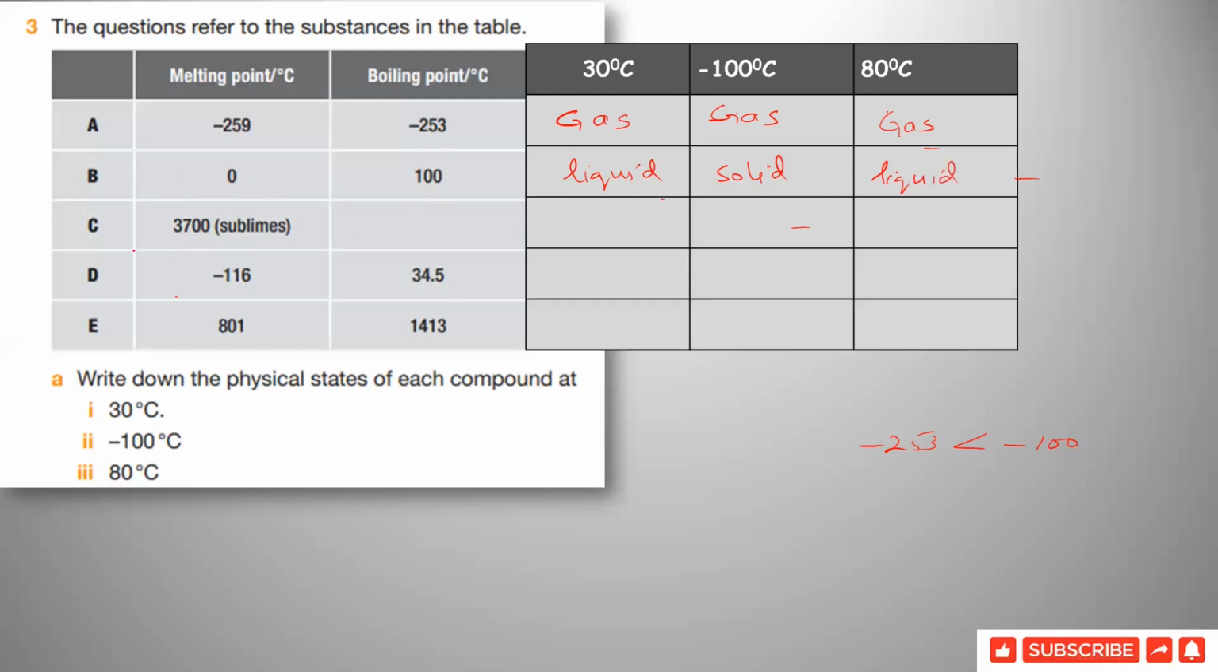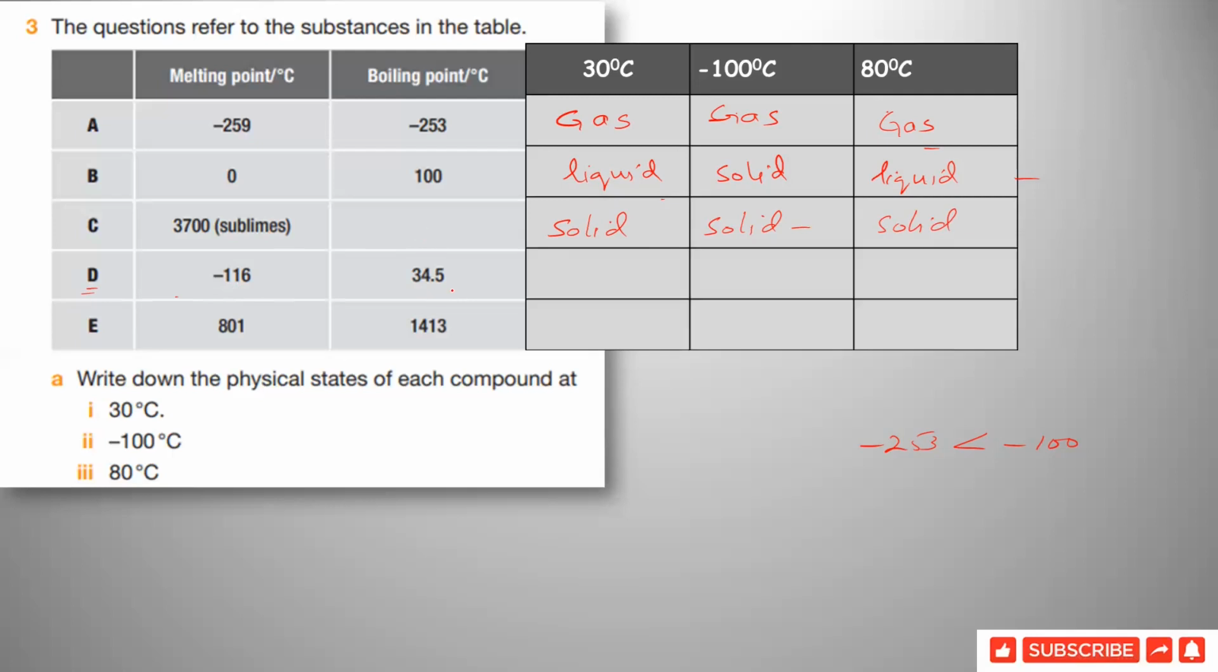Okay. C part, the substance C has 3700 degrees Celsius. It sublimes. It doesn't convert into the liquid. So we can say that at 30 degrees Celsius, negative 100 degrees Celsius or 80 degrees Celsius, it is always solid. And substance D has a melting point of negative 116 degrees Celsius, and it boils